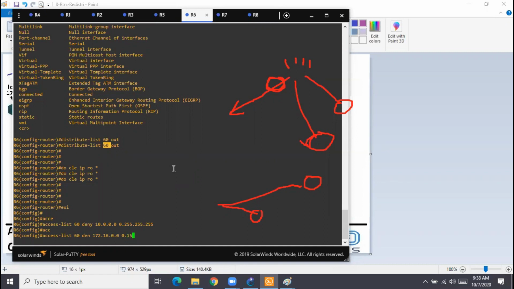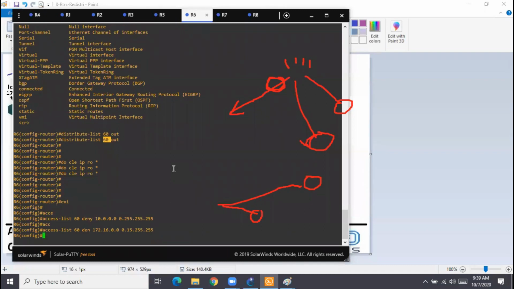So what I do is use 15 as the second octet of the wildcard mask, and then the third octet can be anything and the fourth octet can be anything. This is the wildcard mask for specifying the range from 16 to 31. In your access list, you can have powers of 2 or 1 less than the powers of 2.